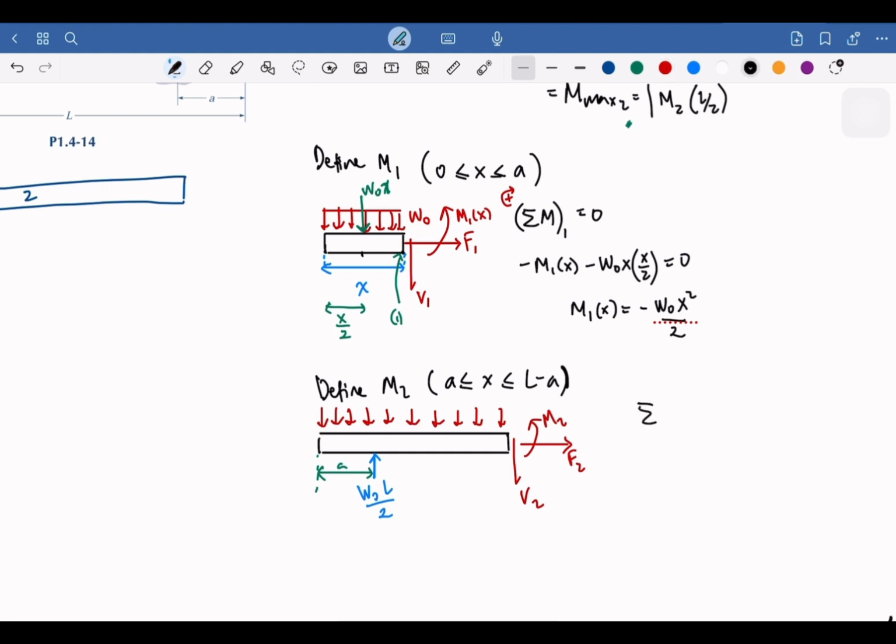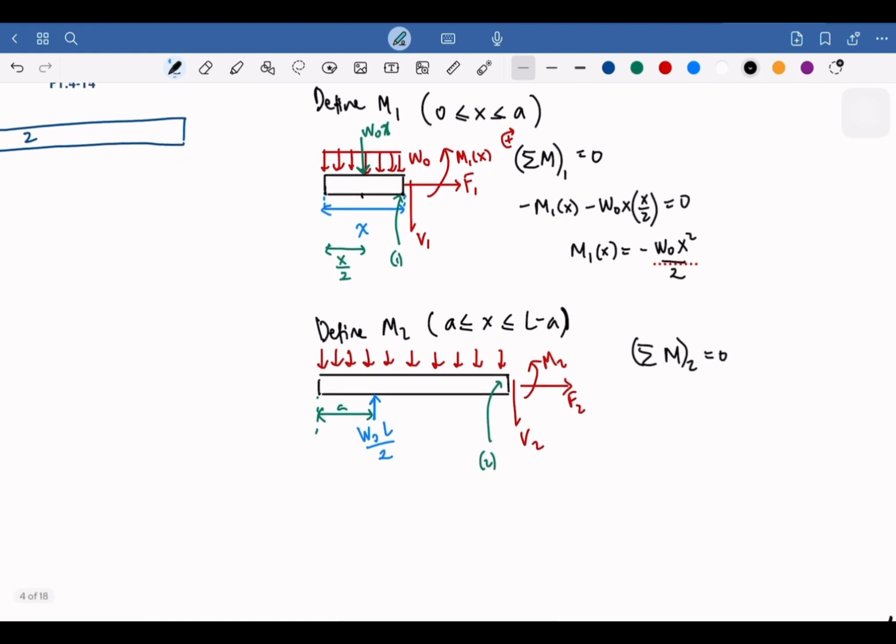And the same, we take the sigma M at 2 equals 0, and let's say this is going to be 2, this point on the right, and let's say this is going to be positive, so negative M2, and now we have a new x, so this is new x here. So M2x, and then plus the,